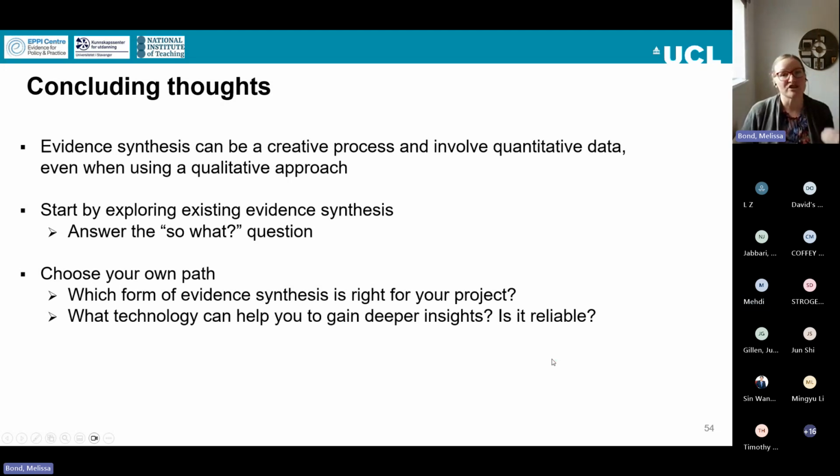You need to decide which type of evidence synthesis is right for your project. And that might be a scoping review or a mapping review or a rapid review, depending on your scope, depending on the time you've got for your project, depending upon what kind of insights you're wanting to gain from the data that you're synthesizing. And also in terms of technology, what can help you in terms of being able to